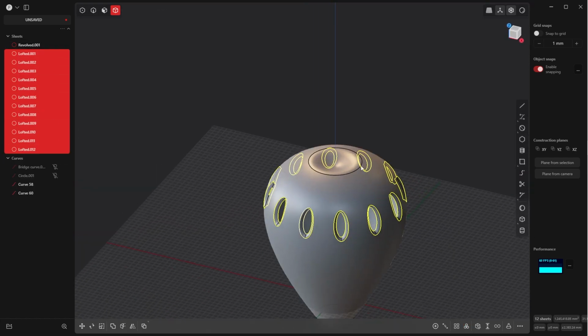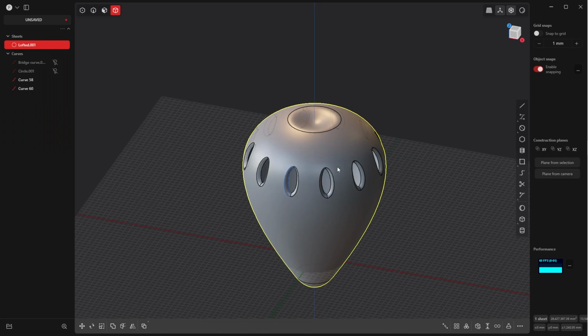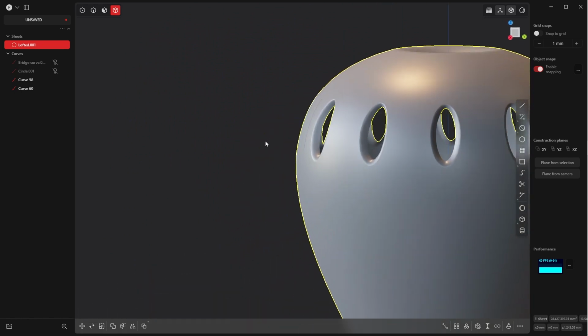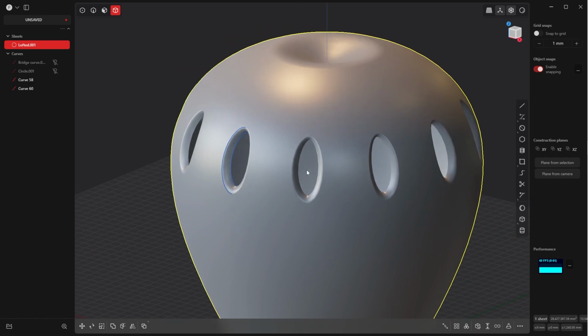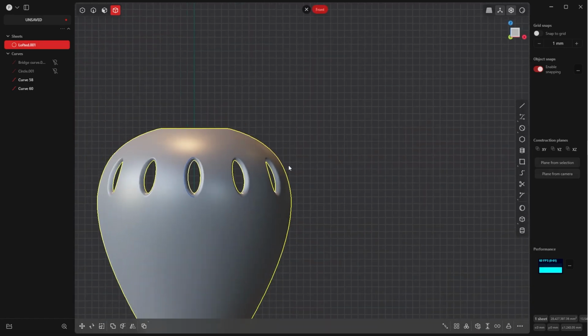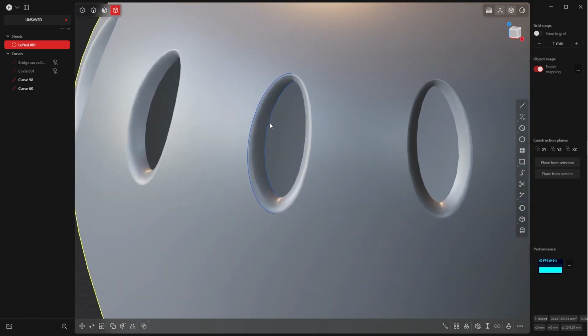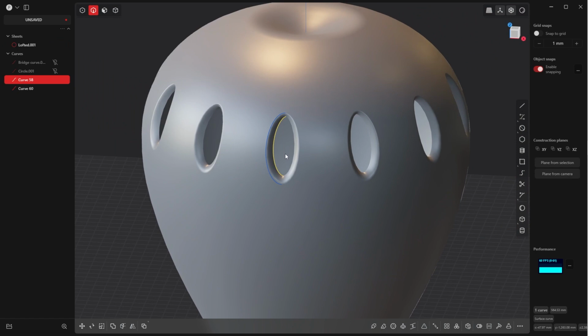Now we have a bunch of sheets. We don't need that many sheets. We can join them by shift selecting the body itself and pressing J. Now this is all one body. Hide the edges. And you can see that we have a clean result. The last thing which I would like to do for the first row of cores and holes is to create the core itself. And we can do this simply by going to edge mode, select this edge, and let's isolate this guy, pressing Shift H,